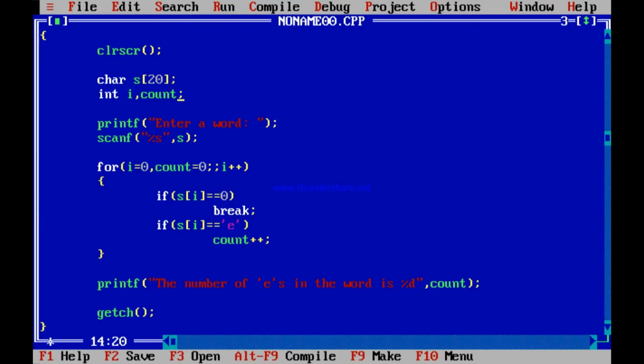Very simple. If you have to count the number of vowels in a word, how to do it?